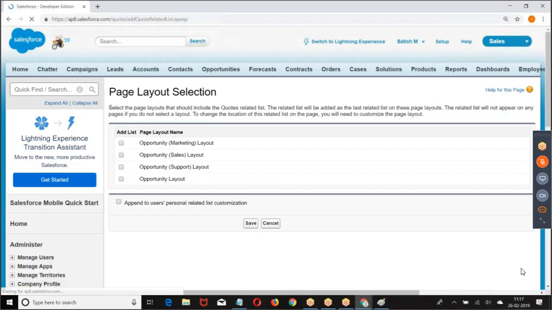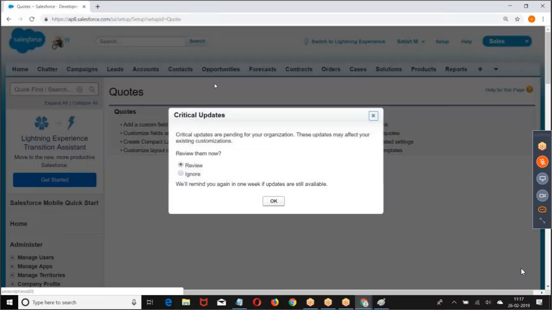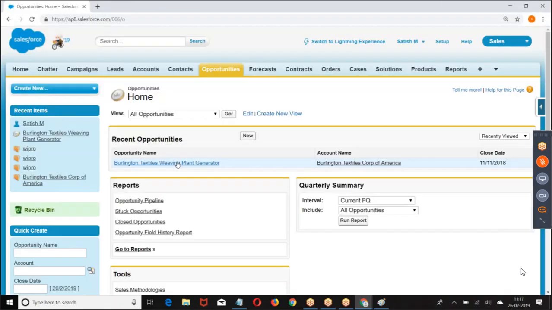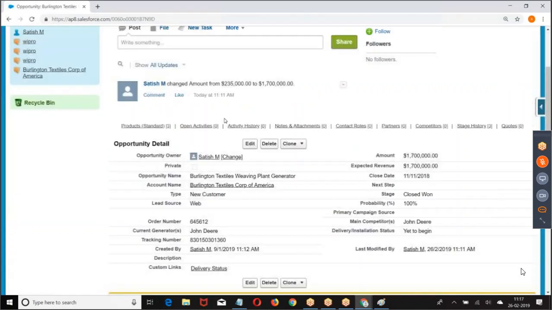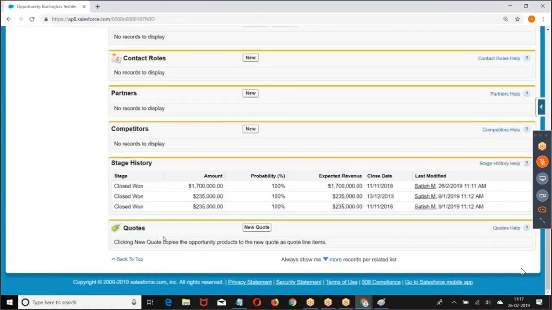We have enabled quotation. Now go to opportunity. If I go to opportunity and scroll down, what are you getting here?